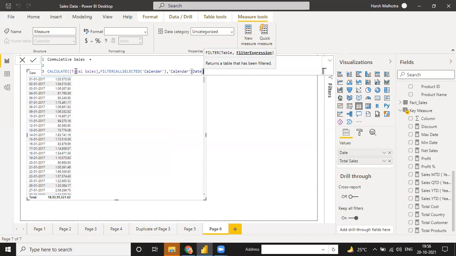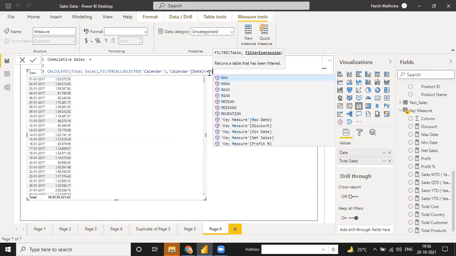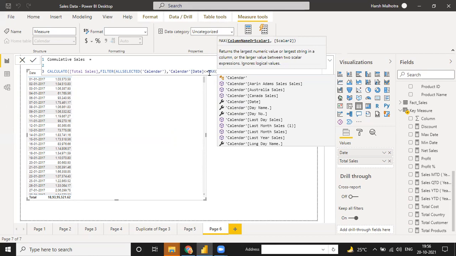And guys, we are going to use it as cumulative, and cumulative means we are going to use the calendar date function. For this date function, you use this date is less than or equal to MAX. Why are we using a MAX function? Because we need cumulative till the end of the maximum. The last date value in this calendar is less than or equal to the maximum date. How do you calculate the maximum date?